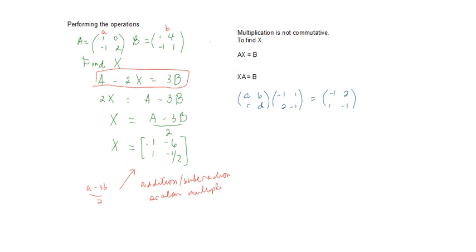Okay, but for multiplication of matrices, you must take note that it is not commutative. So for example, we are trying to find x in AX equals B. We cannot just divide, and we would like to find x. We cannot divide B by A. So since we would like to remove A, which is at the start of it, we're going to pre-multiply